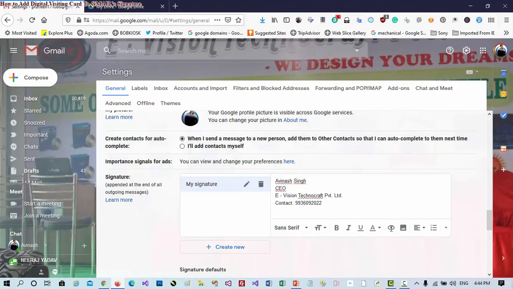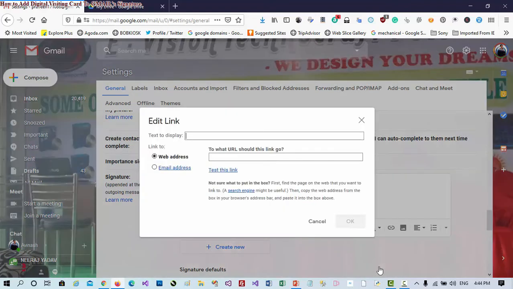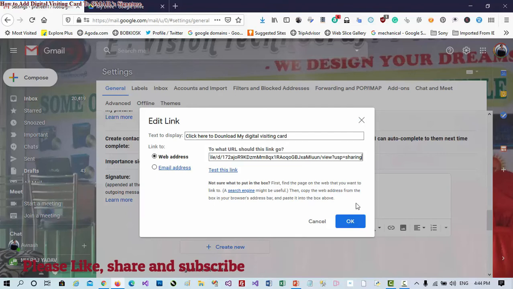After copying the link, you just have to add your digital visiting card. Just click on this link button, and here you can write, click here to download my digital visiting card, and after it, here you have to paste the link that you have copied from Google Drive and click on the OK button.